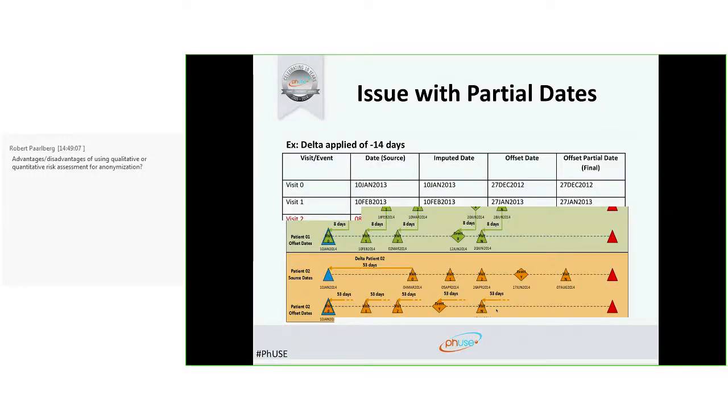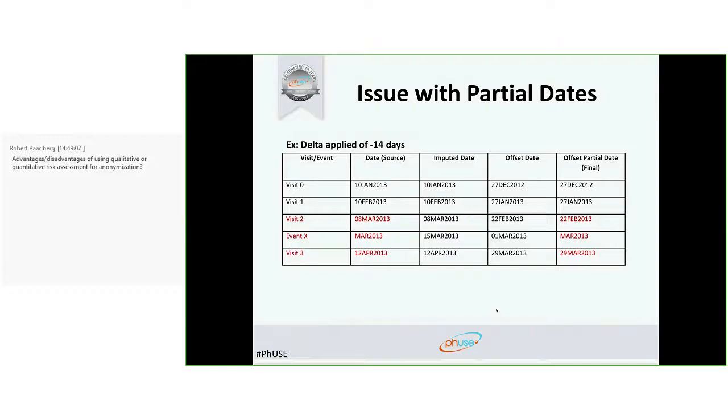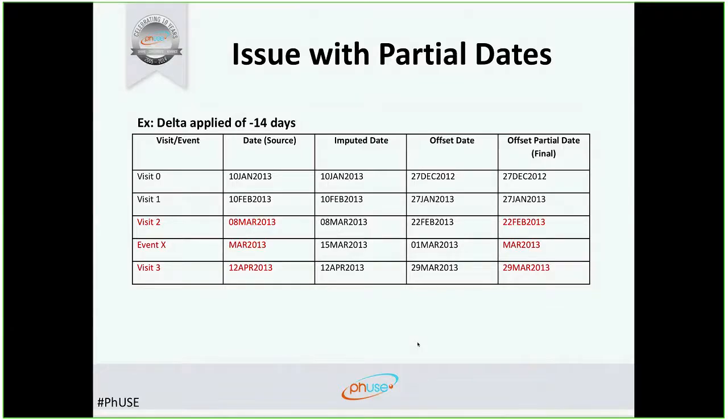We'll have to go quickly on those slides because there's 10 minutes left. This is an example of the issue with partial dates where we apply offsetting with a delta. So here in this example, we have an event taking place between visit 2 and visit 3. It's not clear if this event is before or after visit 2, but it's very clear this event is before visit 3, even though this date is partial. The algorithm tells us to apply minus 14 days in terms of delta, and after we've imputed, offset, and then made partial again,